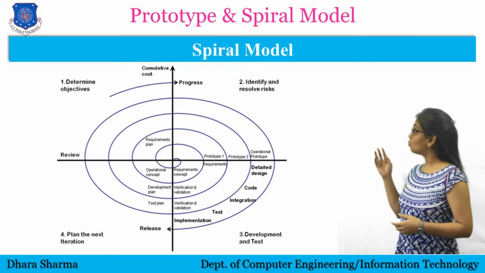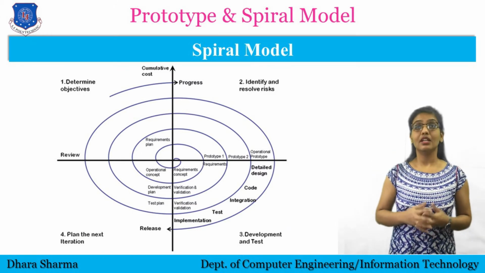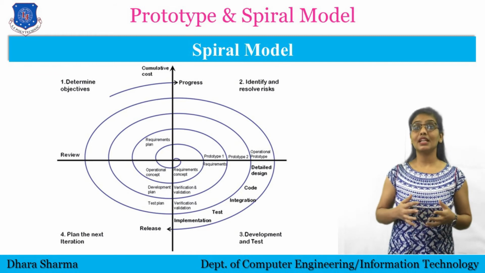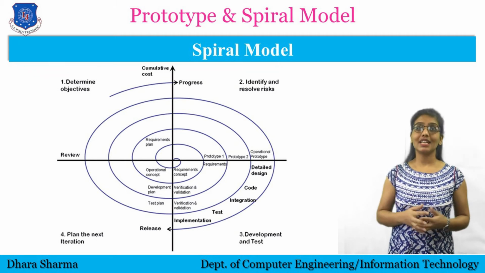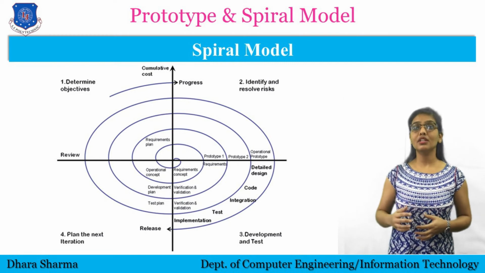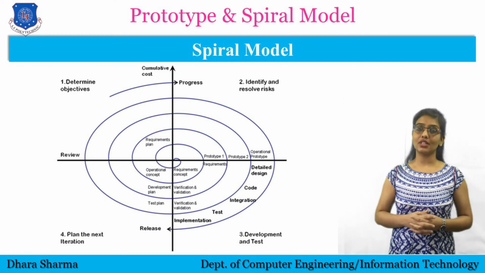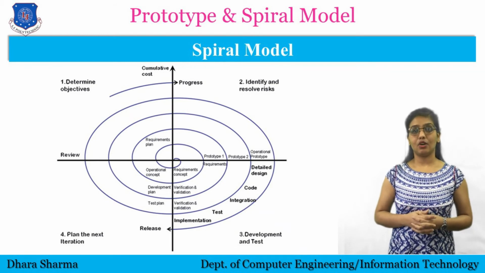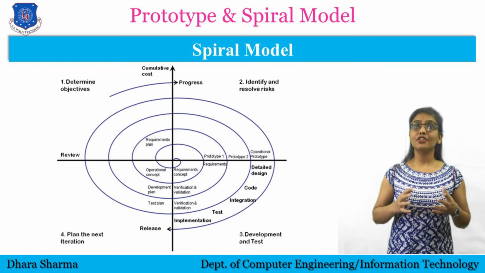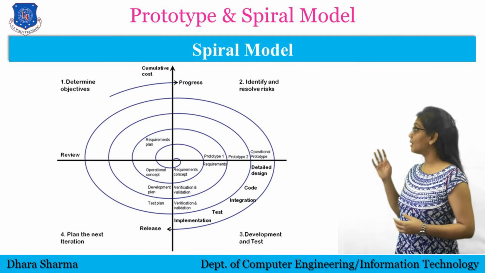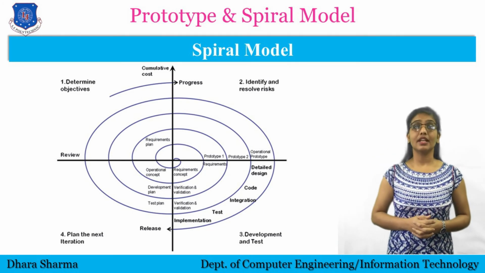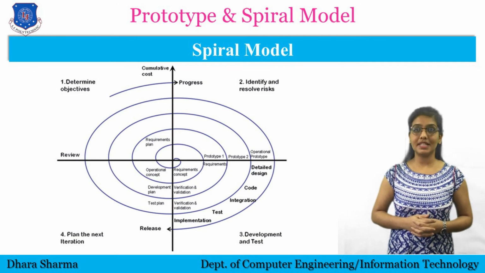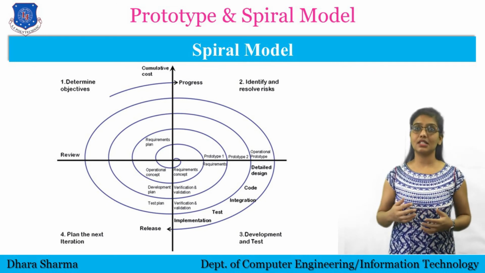Then in second quadrant, which is identify and resolve risk, risks are identified after the analysis of all the objectives. Those risks are resolved first. As I explained earlier, if risks are there, then first task is to solve the risk or to have plans to manage the risk at current time. Then after, other processes are carried out. As mentioned here in the third quadrant, which is develop next level product, the development of a software product will be started, means designing, coding and testing will be done.